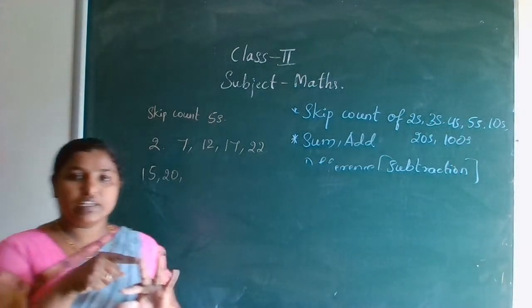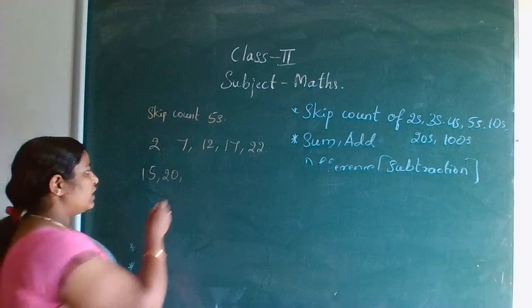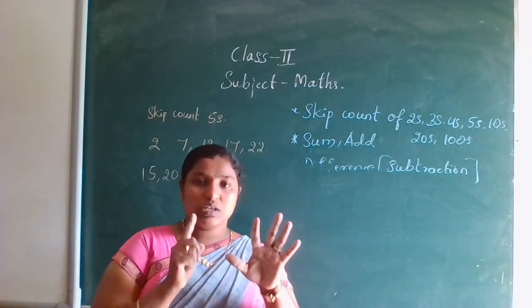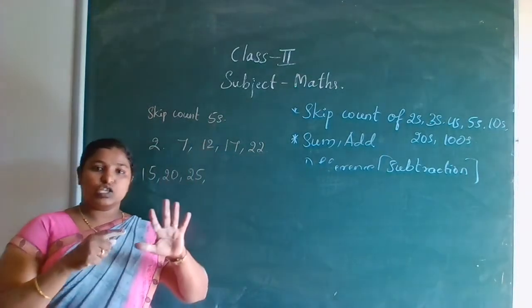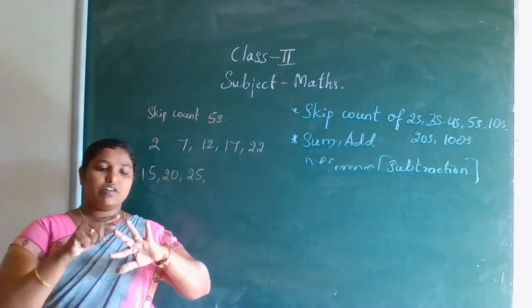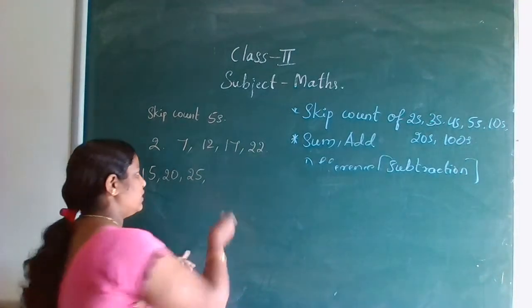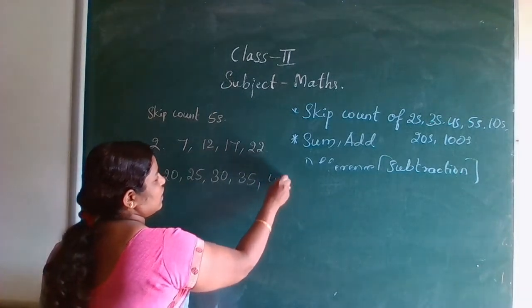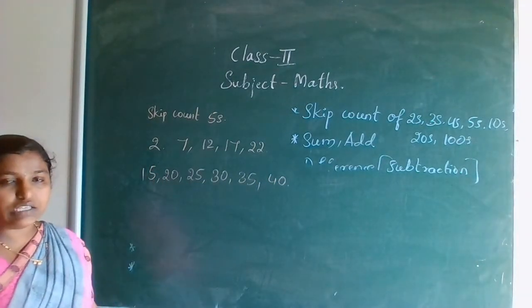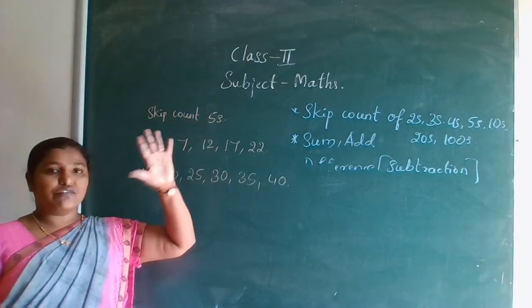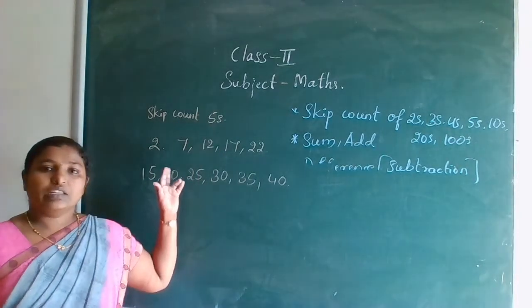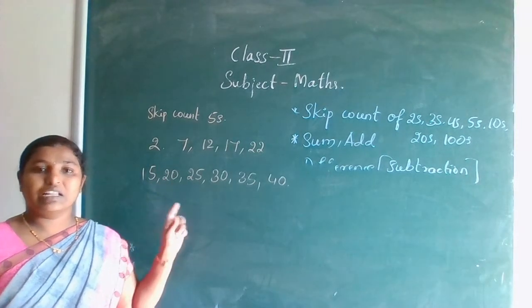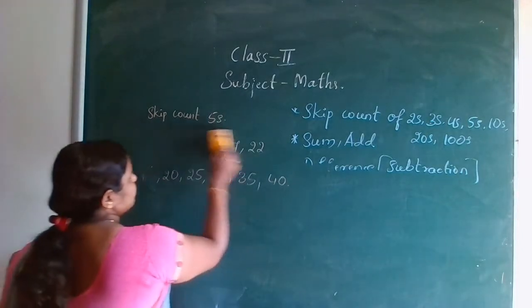21, 22, 23, 24 and the 25. Skip count 5s. Next count leave 25 and next you should count 26, 27, 28, 29, 30. Next will be 35. Next 40. This is skip count of 5s. So whatever they will ask, that fingers you should hold, and the given number leave, count from the next number, and the last finger will be the answer of that skip count.